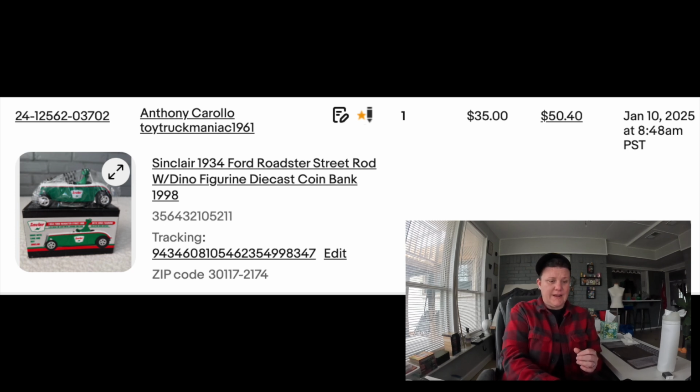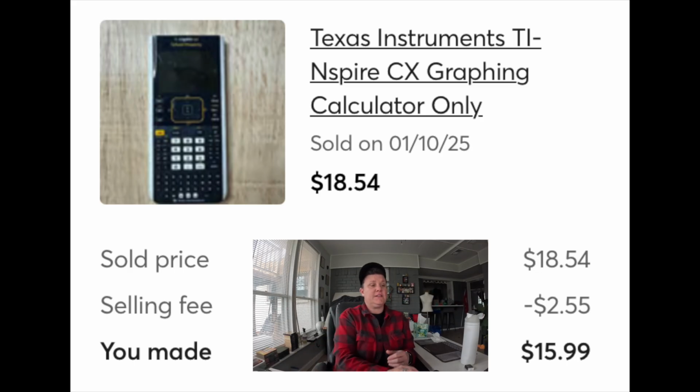$21.99. The next one is going to be a Mercari purchase. It was a Texas Instruments calculator. I remember we purchased this one when we very first started, so it was over a year ago, and we picked it up at a thrift store in Garland, I believe. Again, no fees associated with Mercari, so it sold for $15.99. So we made $15.99 on that. We paid $2.92 for the calculator. So after all said and done, we made